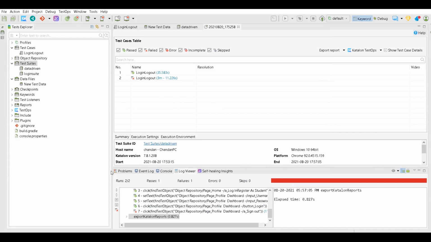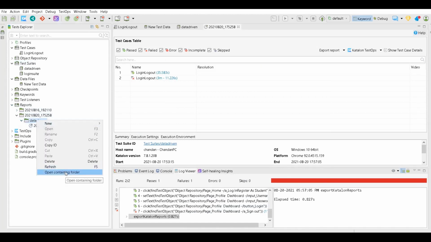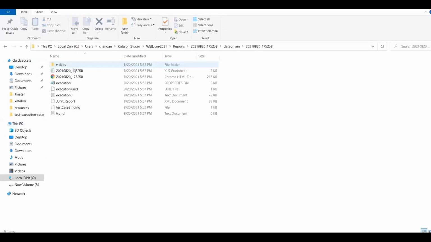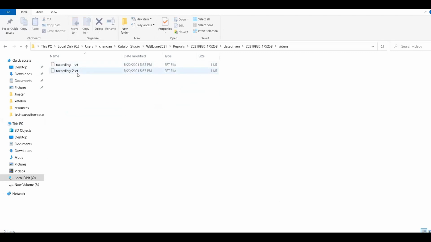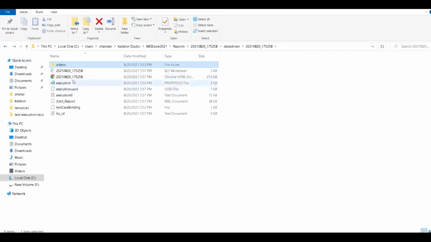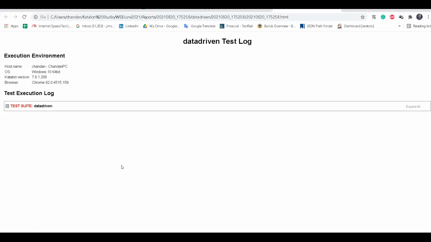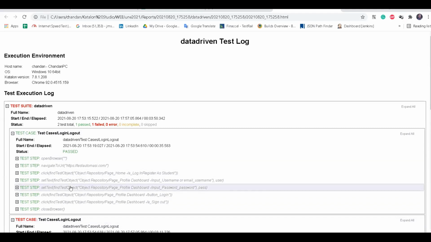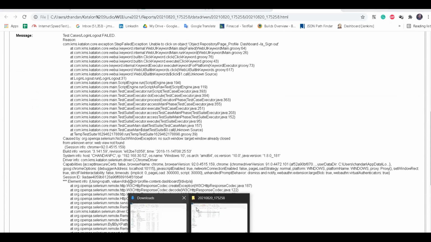Test data, I gave you. I'm giving you again. So in the report section, you can see the report of all the test case executions. As we can see, for data driven, you can say open containing folder, reports, today's date, open containing folders. And this is where you find the video and the report, like a test result kind of report. This one passed, this one failed, with the detail about the step-by-step execution. Okay, video,